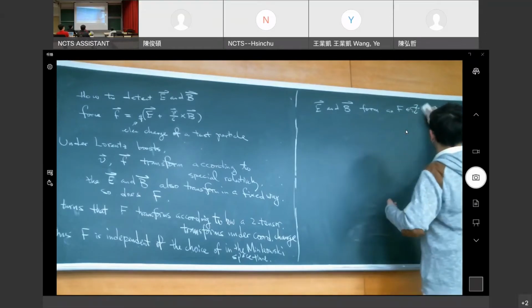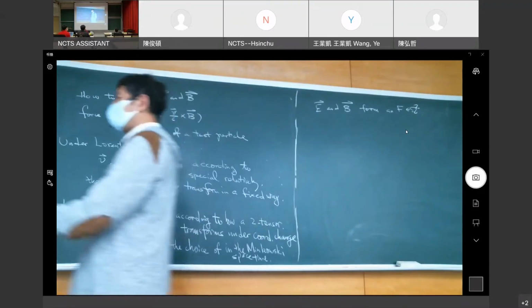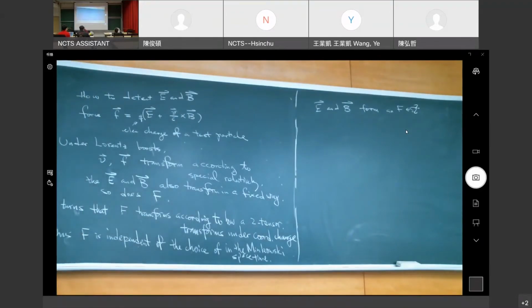I don't want to specify the space. So this is a two-form, and